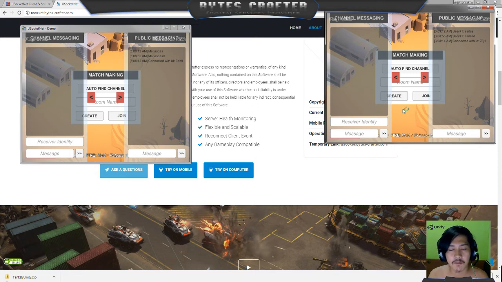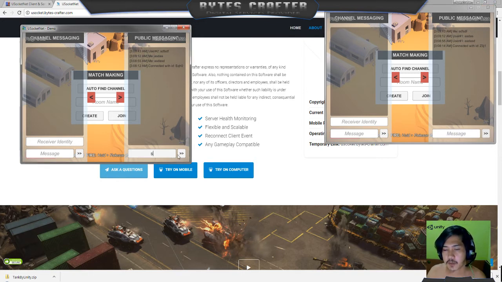I am preparing for it. So the server is very stable right now at the current build of 0.7.1 and the client is 0.7.2.